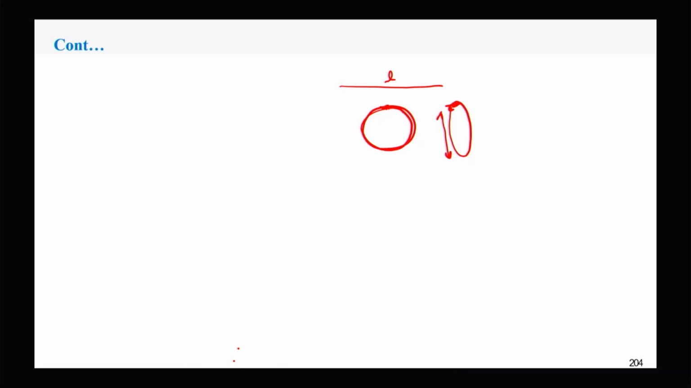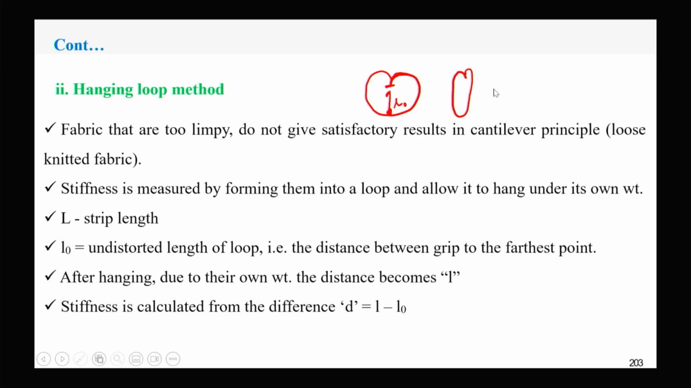After deformation, this heart loop will become this. In that case, the deformed distance is L, so total deformation will be L minus L0, where L0 is the initial total length of the loop. So using these three types of loops,